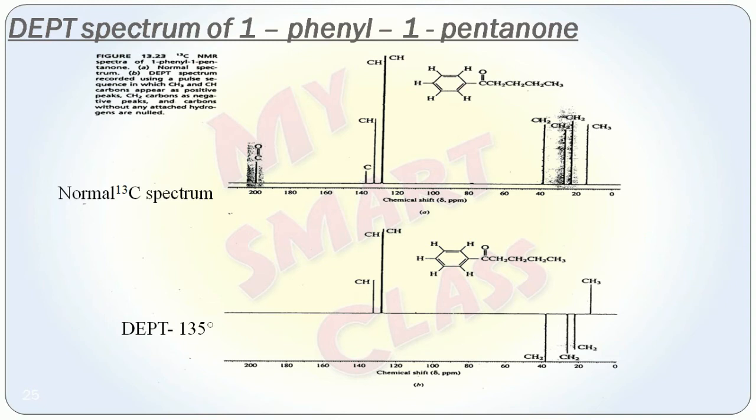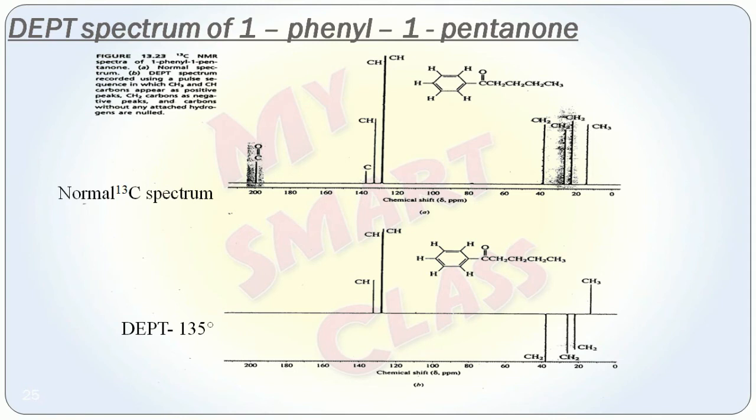In DEPT of 1-phenyl-1-pentanone, as we know, DEPT 135, this is the normal. Okay, now as you know this is a CH3, so it is upward in normal. In the normal spectrum all signals are upward, but in 135 this is upward. This CH2, CH2, CH2, these are the 3 CH2 and they are at the downward position. These both give the same signal, so CH signals are all upward. So that is a simple analysis of 1-phenyl-1-pentanone.